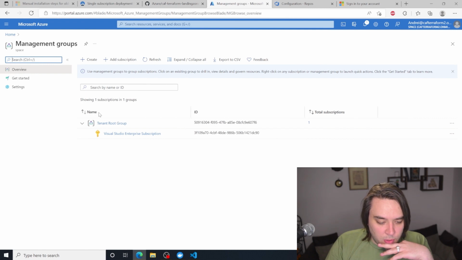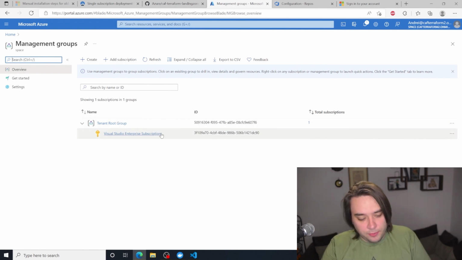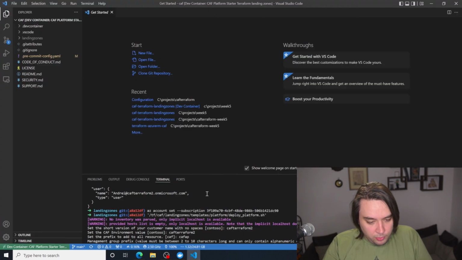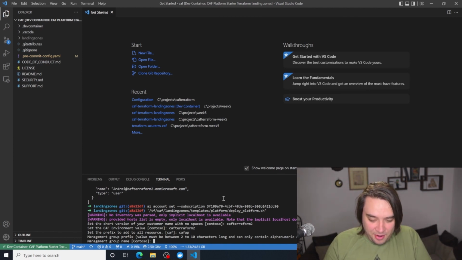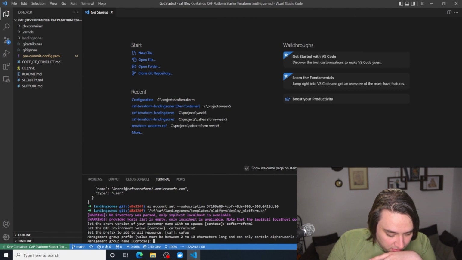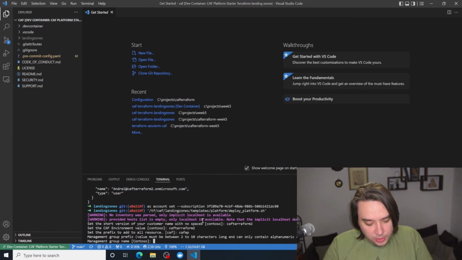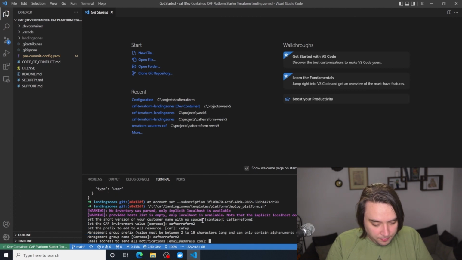It's saying what we should have as a prefix for that. So we will again go into Visual Studio and let's keep with the CAF AP. Hopefully nobody has taken it. Right. Then management group name. So let's keep with CAF Terraform 2 and email address to send all notifications.